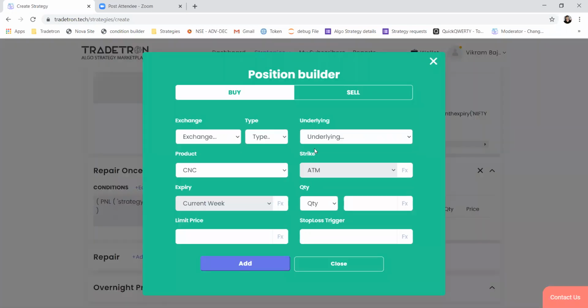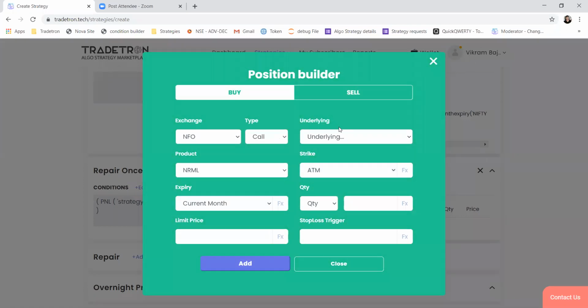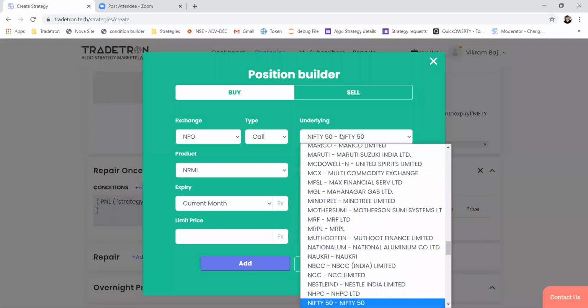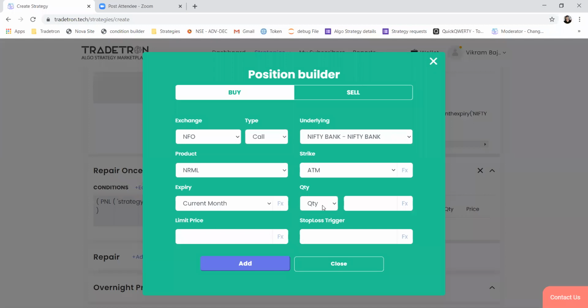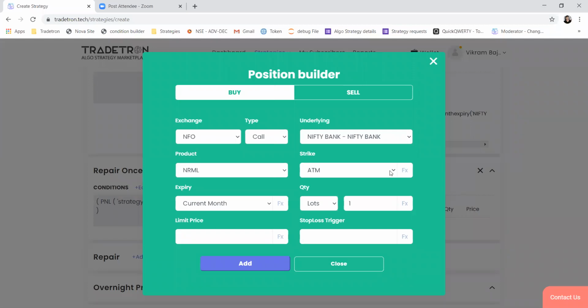So I'm writing in repair once, with the same condition as my universal exit condition, or if you have multiple sets, it can be a set exit condition. Here I'll write the condition to first buy the sell leg. It is the current month. In the strike, I want to buy the same strike which was shorted in the repair once condition.